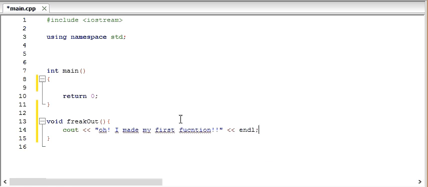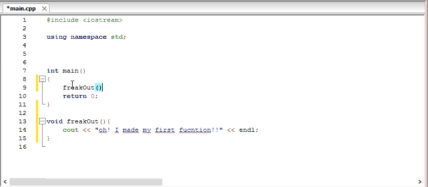Now whenever you'll be making big programs, and whenever you'll be working with a group of programmers, you'll be making a lot of functions, and all the big programs need a lot of functions to work. So every function has to be called in the main function so that they can work. So we write the name of our function